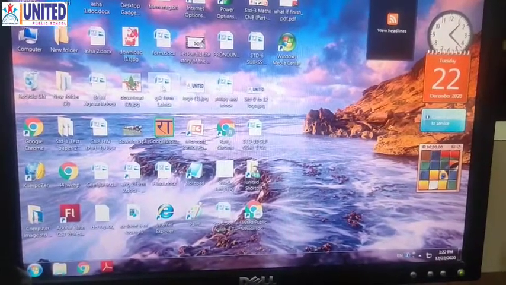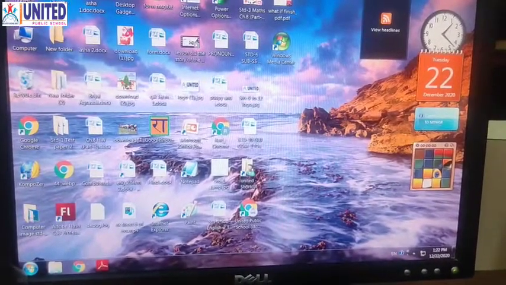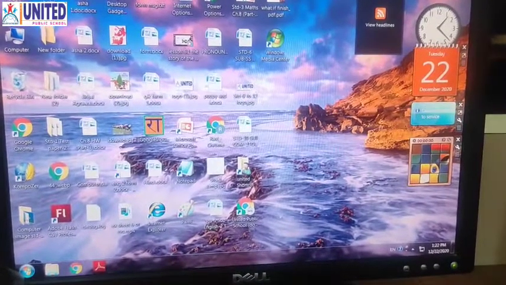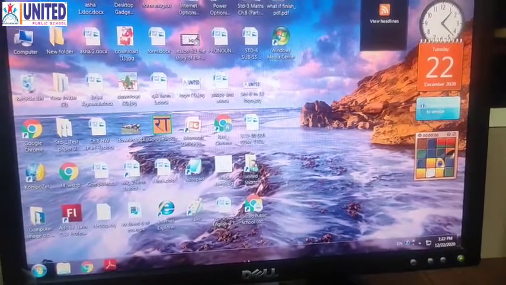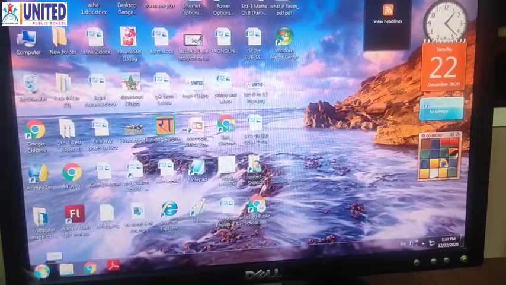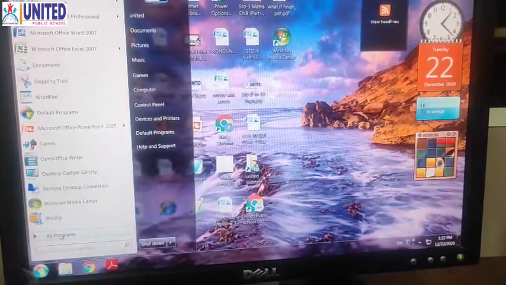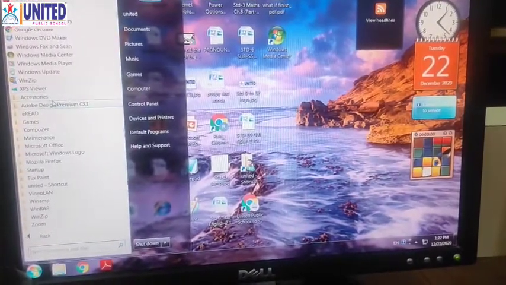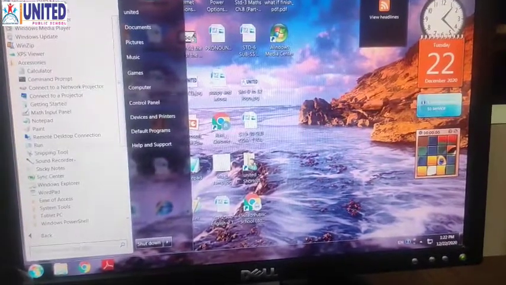Okay, so what did we see? First of all, we saw these icons, then the gadgets, then the taskbar, then the start button and all programs, then Windows 7 accessories. See, this is the accessories. Okay,